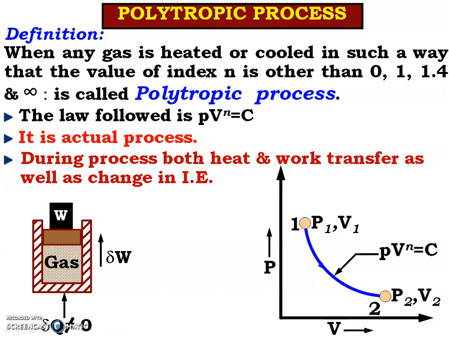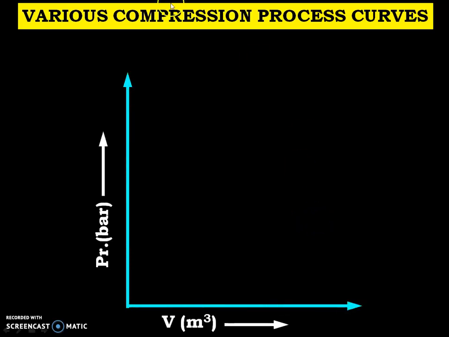So friends, you must have a query: why is it not these four values? Let us understand the logic behind it, and let us represent all other processes on a single PV diagram. So for a compression process, it means the gas is compressed. Which process is this one? Yes, it is a horizontal line on the PV diagram, so it is a constant pressure process, and for the constant pressure process, the value of index is 0, that is n equals 0.